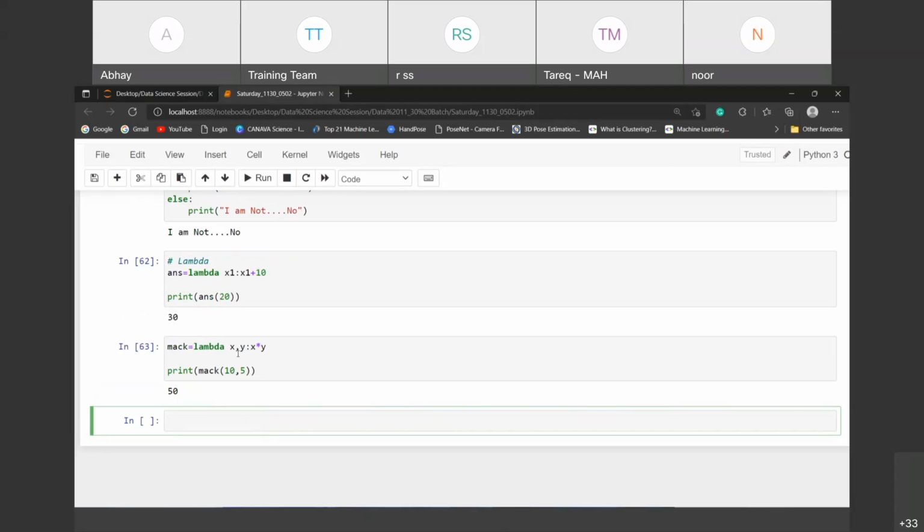If you want only a single variable, you can pass that. It's a little expression, not a big deal. Are you getting the point? Whenever you fetch the Mac, you will definitely get a value, but with the Mac you have to pass the values as well, like 10, 5. It's a short expression.